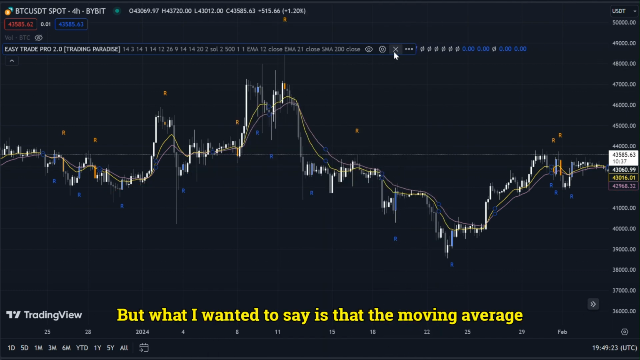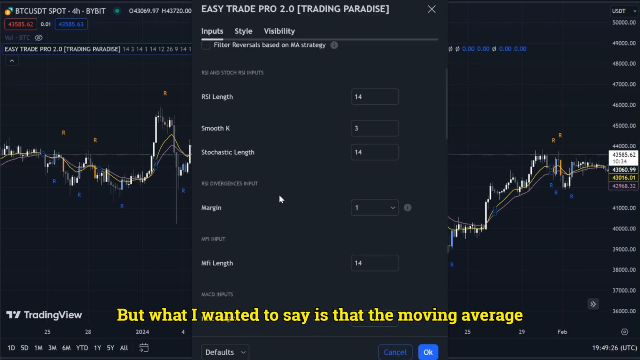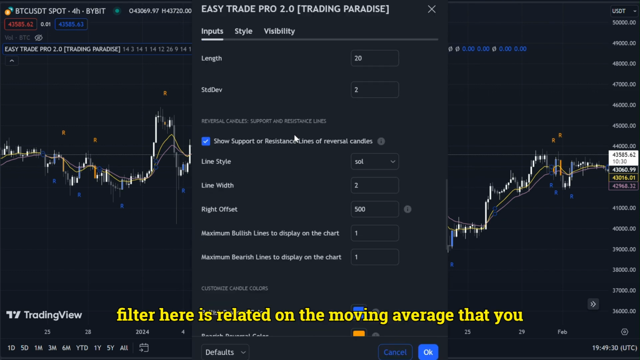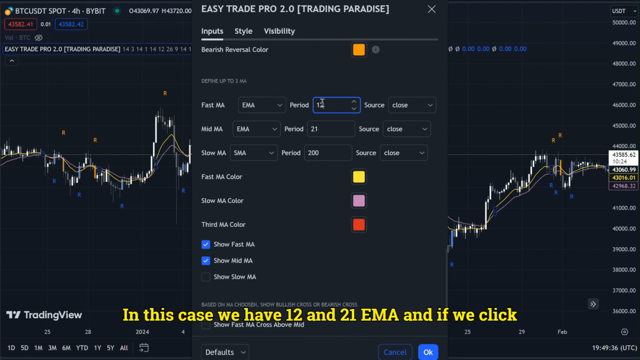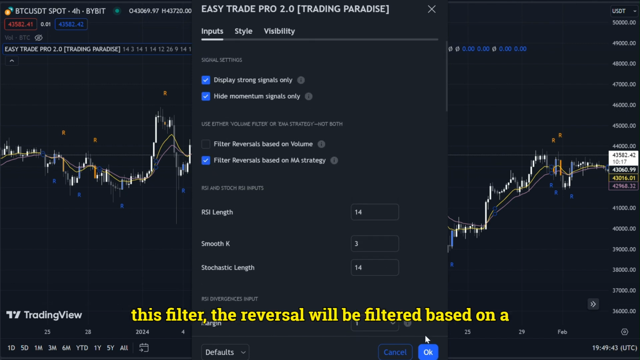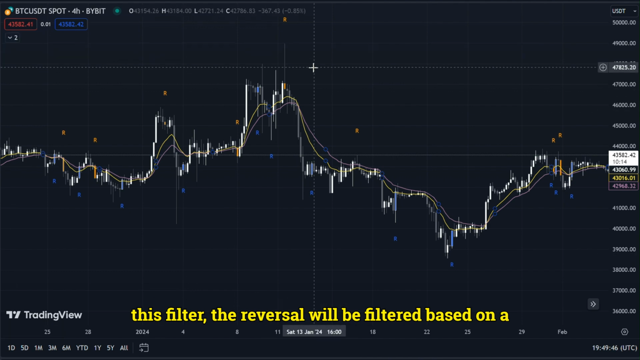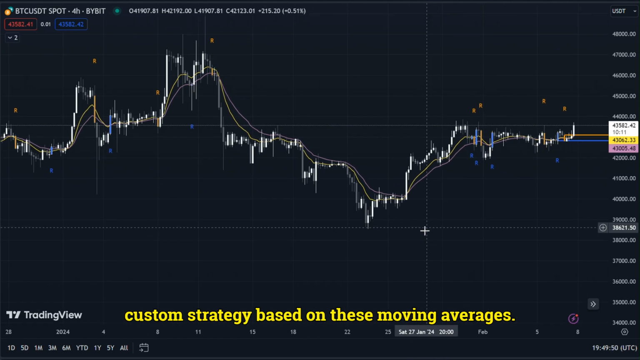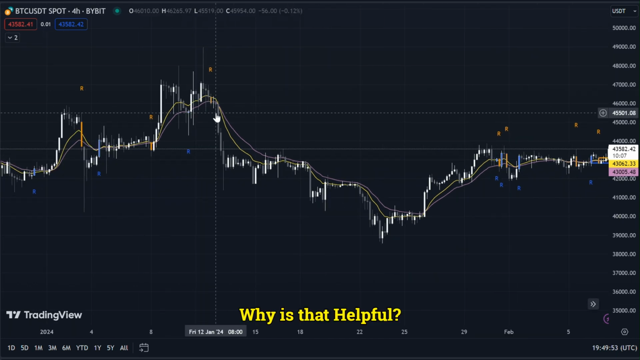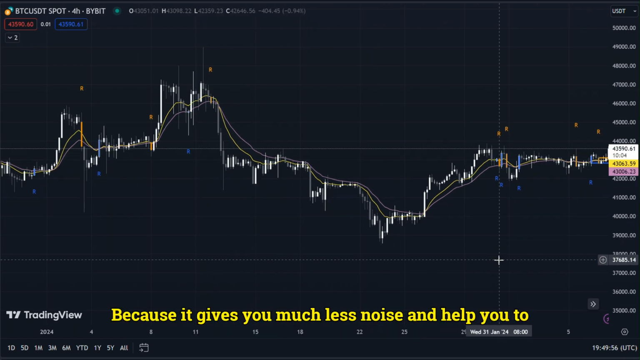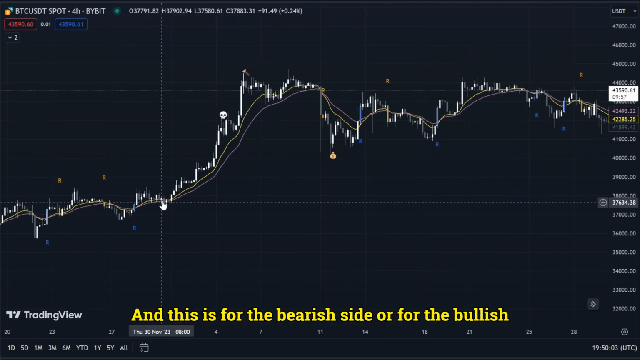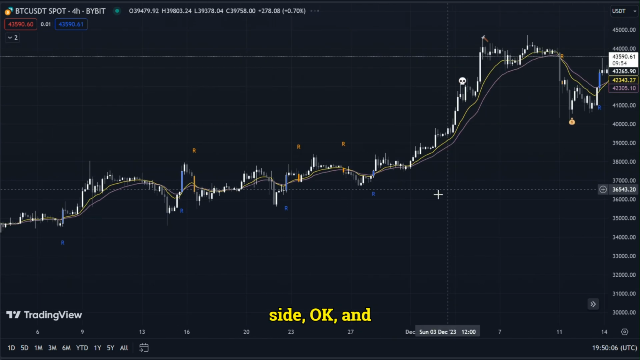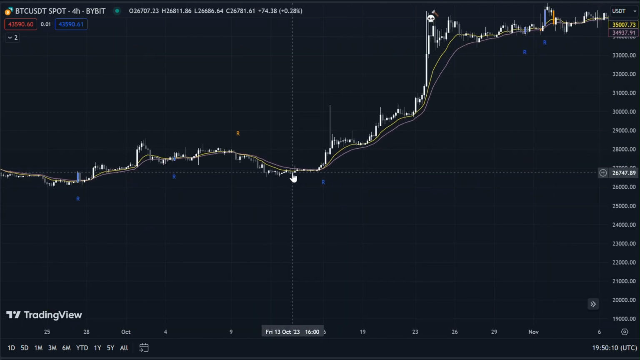But what I wanted to say is that the moving average filter here is related to the moving averages that you select here, the fast and the mid. In this case, we have 12 and 21 EMA, and if we click this filter, the reversal will be filtered based on a custom strategy based on these moving averages. Why is that? Because it gives you much less noise and helps you to catch the trend. Okay, and this is for the bearish side or for the bullish side. Okay, and for example, in this move,